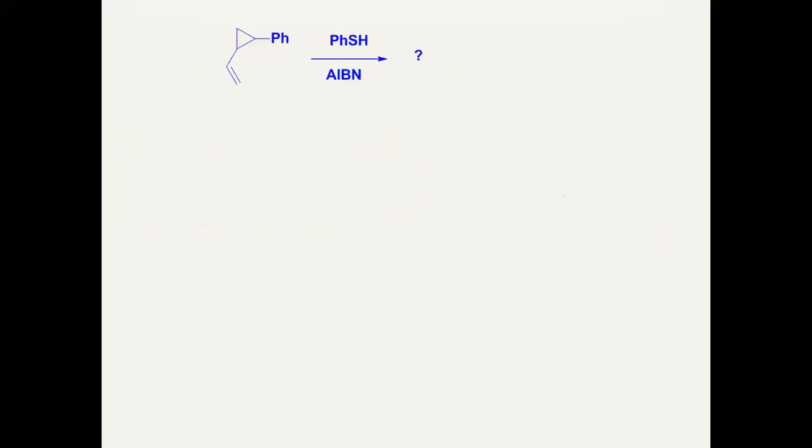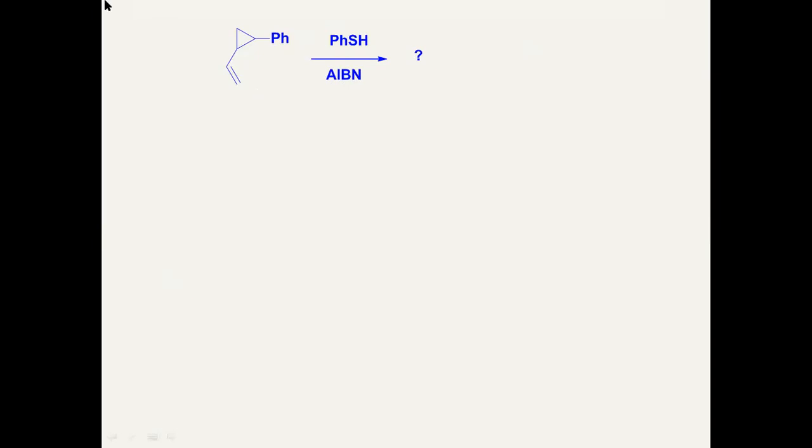So if you go for this example, it's a very important example again. We have discussed addition of thiols to olefins or multiple bonds, so you follow the same idea. This thiol undergoes formation of radical by AIBN. AIBN is the initiator. This will form PhS dot that will attack here. So can you write the mechanism?